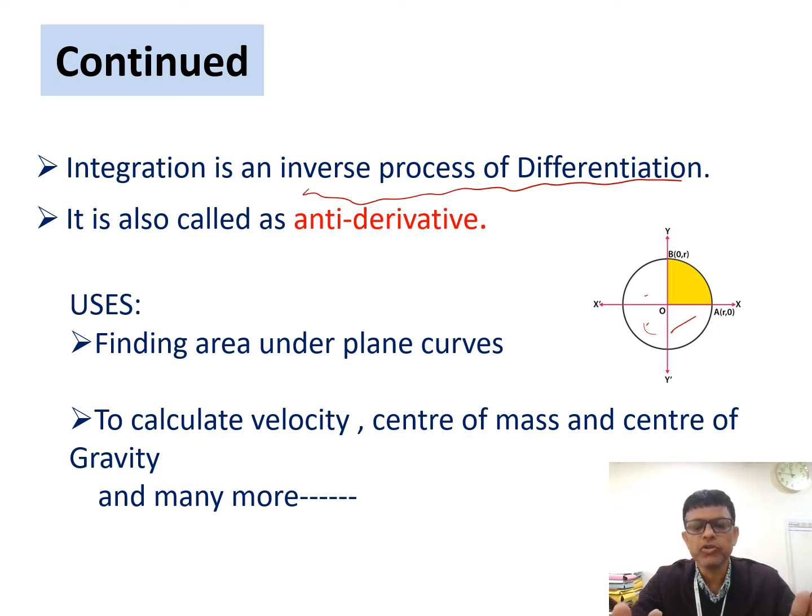Also, you can find the area of an ellipse, a parabola, and the intersection of two curves. In physics also you can use integration to calculate velocity, center of mass, and acceleration, and many more. It is also used in engineering, like electrical engineering and electronics and telecommunication. Another use is for the purpose of saving some money, we can also use integration. That is a very important part in our case.